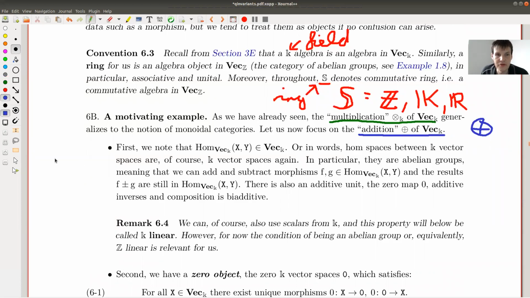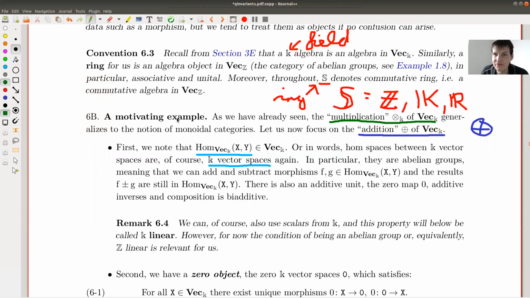So what do we want to note? Well, we will note the following. Hom spaces and vector spaces, right? These are matrices. They actually have extra structure. They're not just sets, right? Matrices have extra structure. They're not just sets. And what kind of extra structure do they have? Well, they are themselves actually k-vector spaces, right? You can add matrices, you can scale them up, multiply matrices.